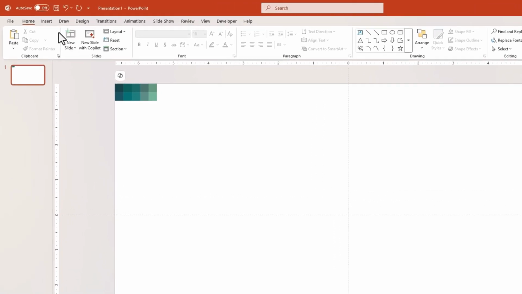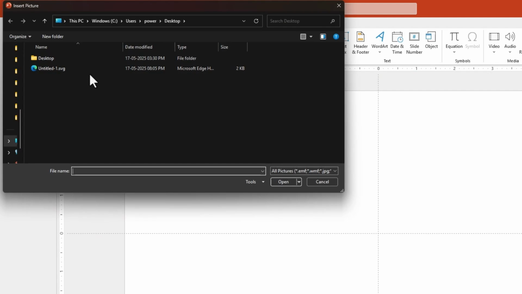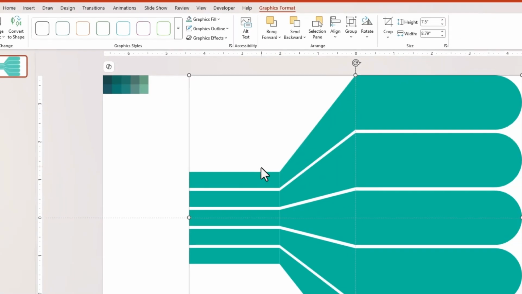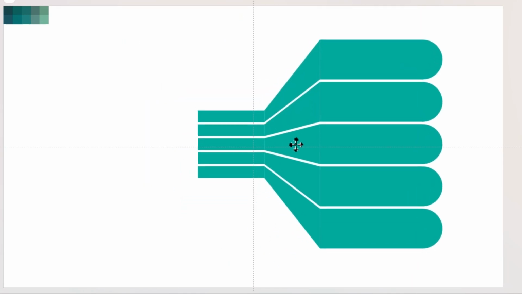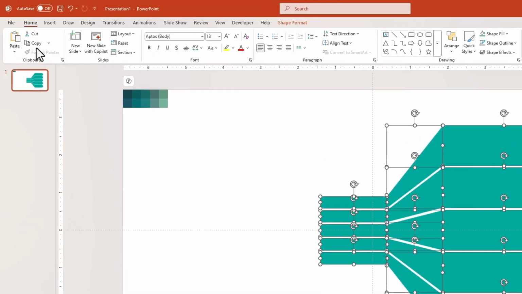So now we are into PowerPoint. Let's go to Insert tab, select Pictures and then choose Insert Picture from this device. Select our previously exported SVG design file and then insert it. Reduce its size, align it centrally to slide and then click on Convert to Shape option to make each design